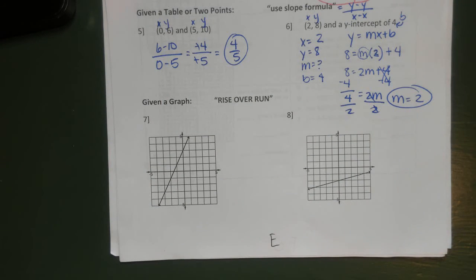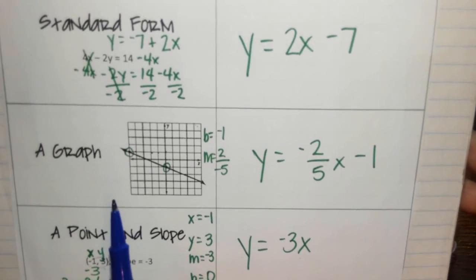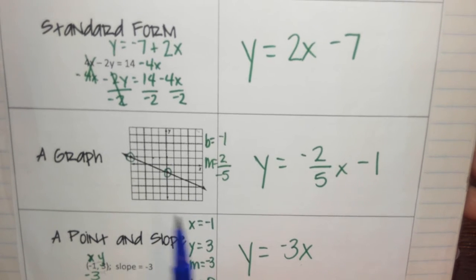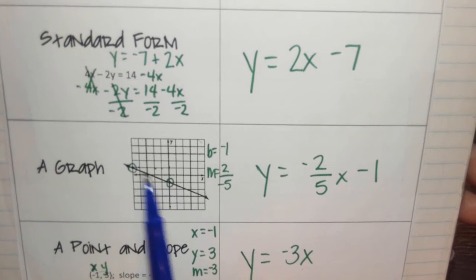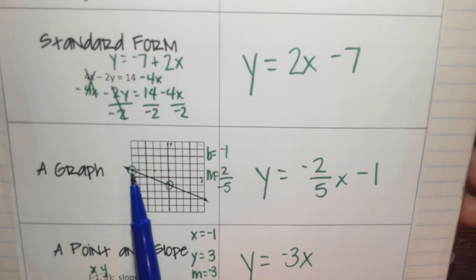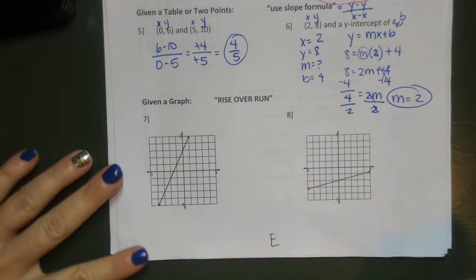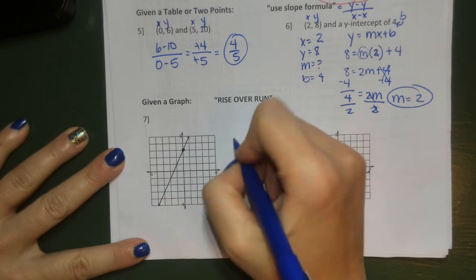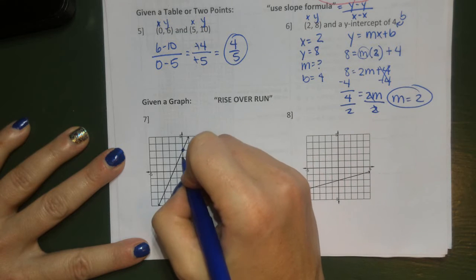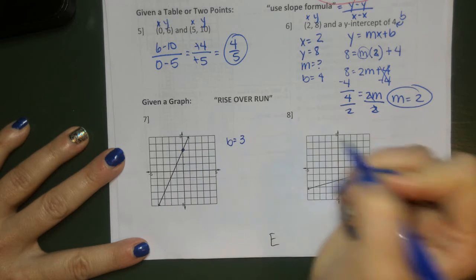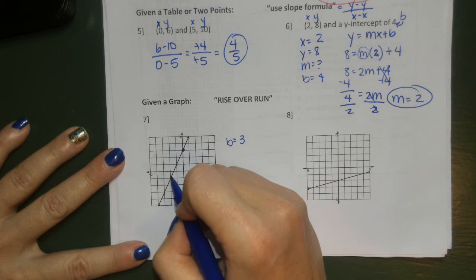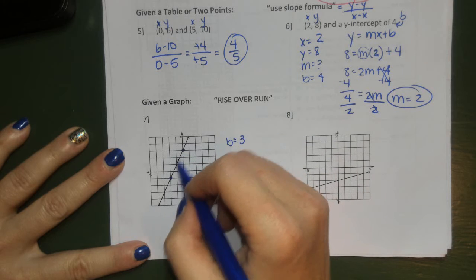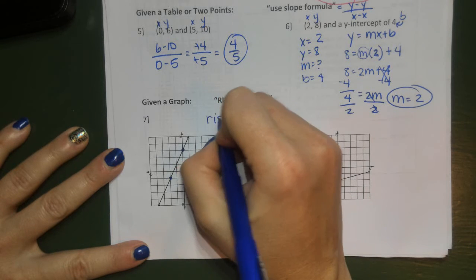Okay, now given a graph. So if we go back to our chart here in our notes in our journal, we have, if they give us a graph, we can tell where it crosses the y-axis, that's your b, and between 2 points, we know rise over run, right? So let's see here, crosses there, so we know our b here is, that's our b, and let's find another pretty point. How about this one? So when it goes from here to here, remember, rise over run,